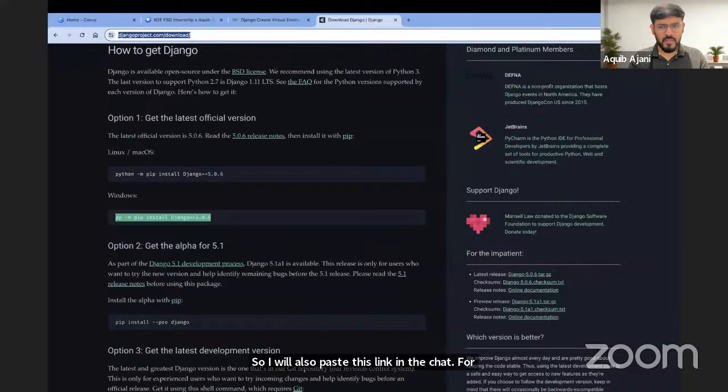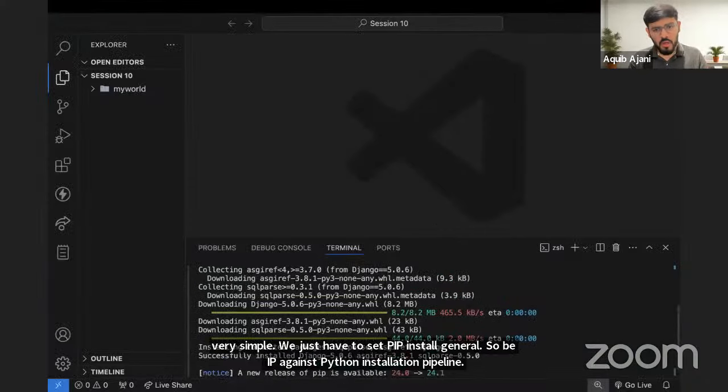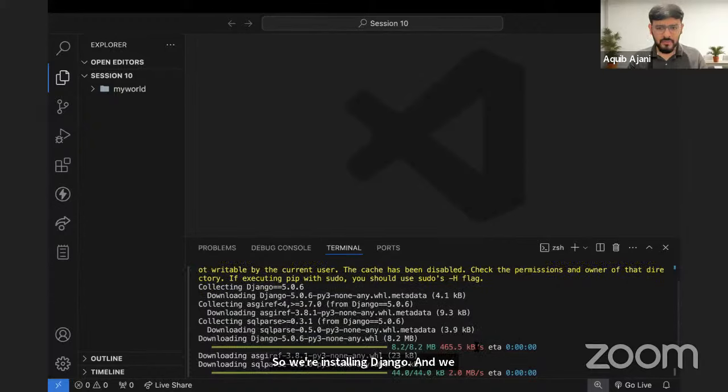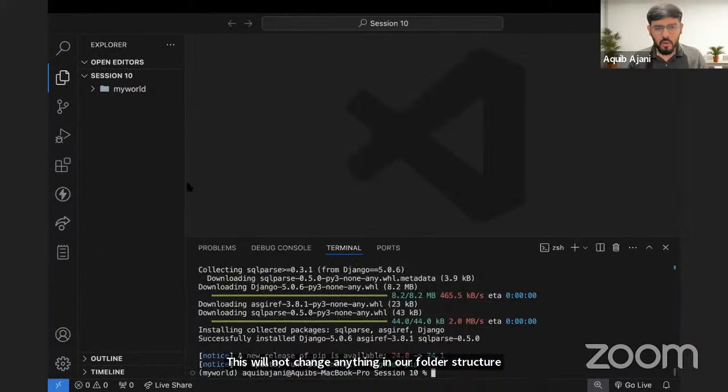Very simple. We just have to say pip install Django. Pip again is the Python package installer. So we're installing Django, and we are specifying a version. If you don't specify, it will install the latest version automatically. So here we have specified pip install Django equal to 5.0.6. This will not change anything in our folder structure, like you can see, but it has installed Django only